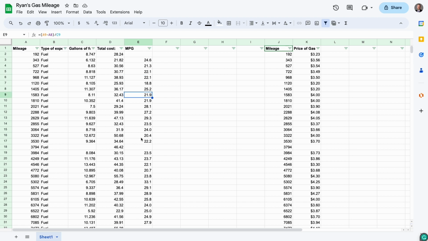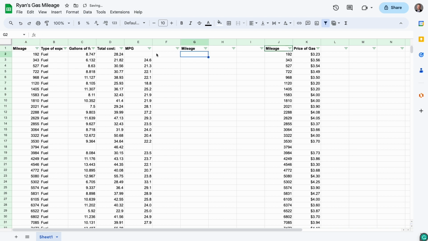But in Google Sheets, I find it easiest to insert a chart when we have two columns that we want to plot together. So I would like to get mileage and MPGs on my plot. So what I'm going to do is type in this first cell, G1, the equal sign, and then I will click on cell A. Oh, actually, I'm in the wrong cell. I want to call this the same thing. So I'm just going to hit equals, and I'm going to click on mileage, and that gets A1,